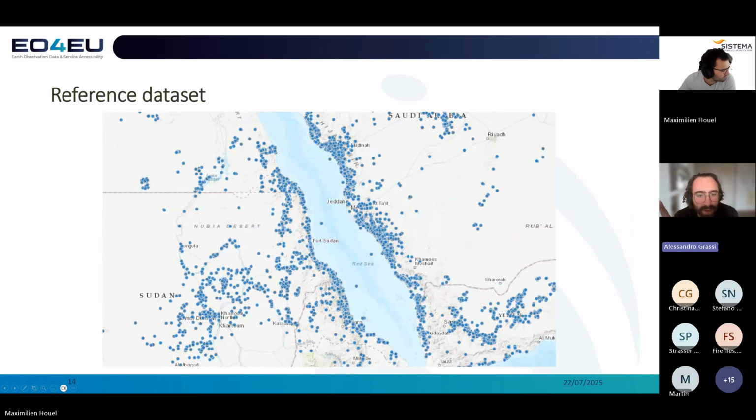this is a screenshot of how the reference dataset looks. So it's, as I was saying, a presence-only dataset. So it corresponds only to findings of desert locusts. We do not use desert locust absences because they're very scarce,